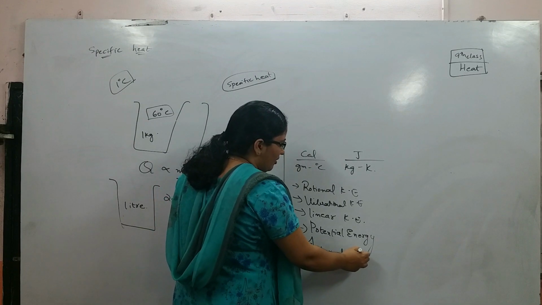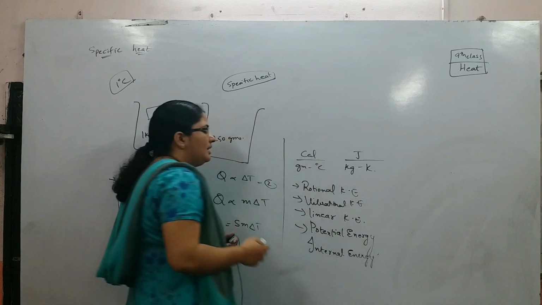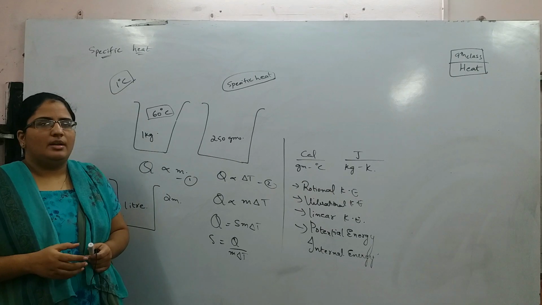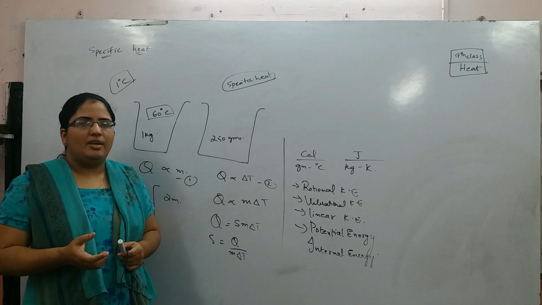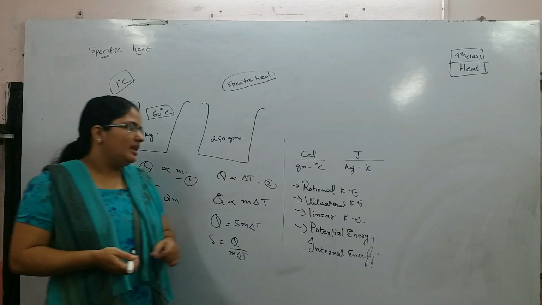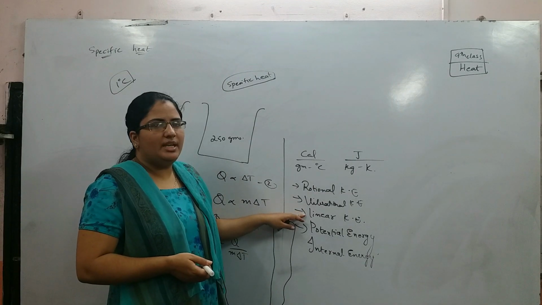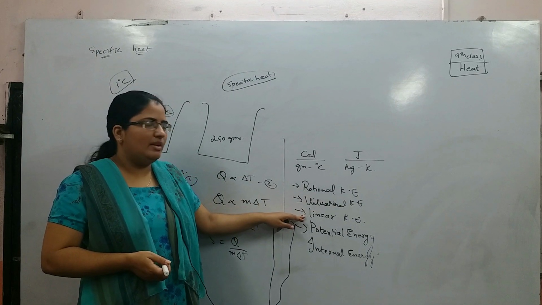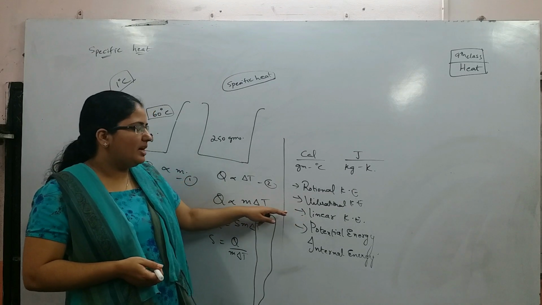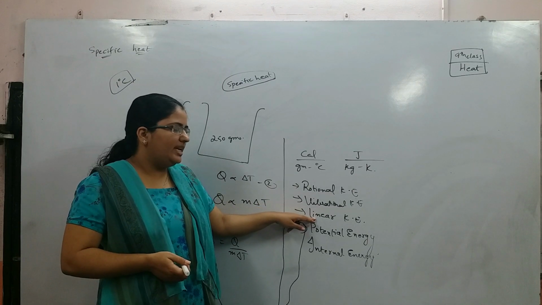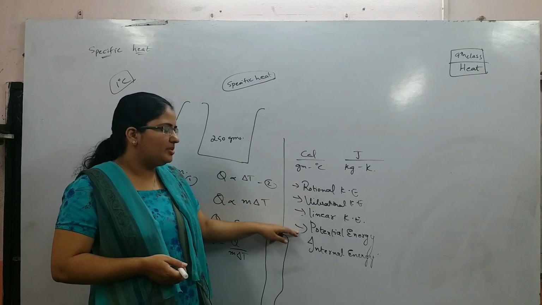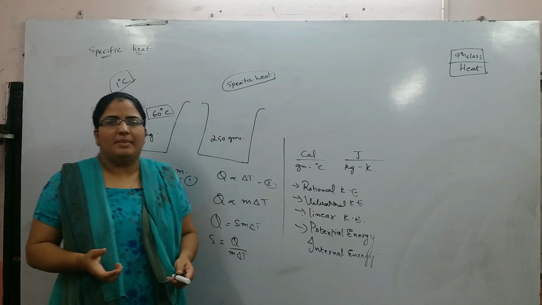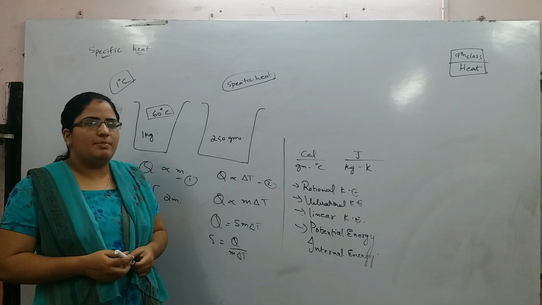The sum of all these energies is called the internal energy of a substance. Now, whenever you are supplying heat, if more heat is taken by the particles as linear kinetic energy, then the rise in temperature will be more and the specific heat will be less. Suppose it is not distributed more to linear kinetic energy, but rather to other forms of energy, then you can say that specific heat is high for that material. So that is about specific heat.